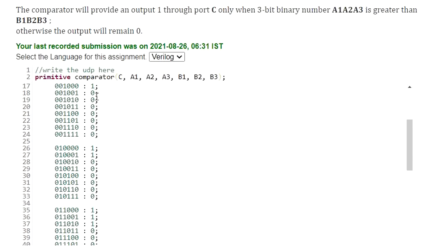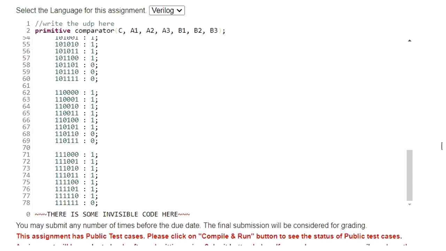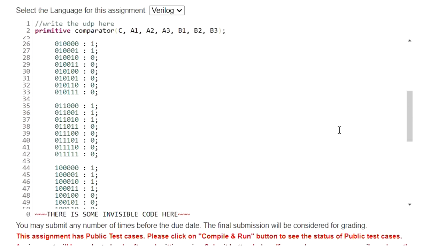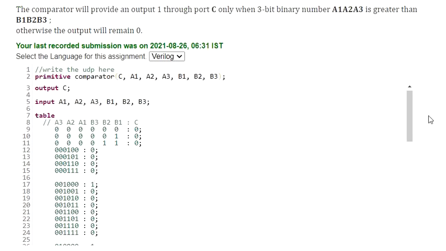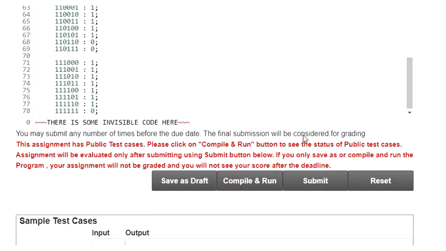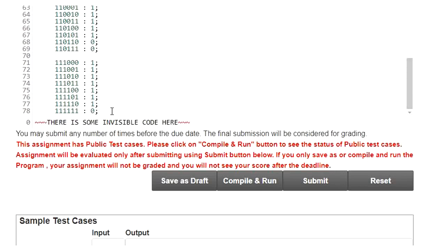Similarly, we need to write all the possible cases. We can use don't care also wherever it is required in this UDP. I have not used any don't care condition here. I have written all the possible cases of inputs and the possible output for each particular condition.